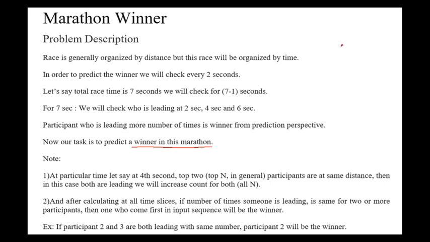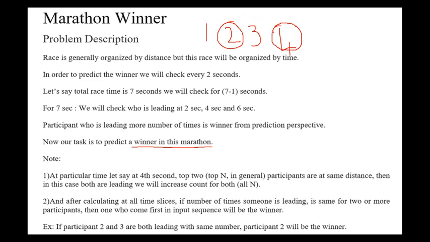Okay. Let me say there are 4 participants: 1, 2, 3, 4. Out of these 4 participants, let us say 2 participants are leading. Participant 2 is leading and participant 4 is also leading. Can you understand this? We have 4 participants, and I am monitoring which one is leading. But in this scenario, not just one participant is leading, 2 participants are leading. Who are the 2 participants? Second participant and fourth participant.